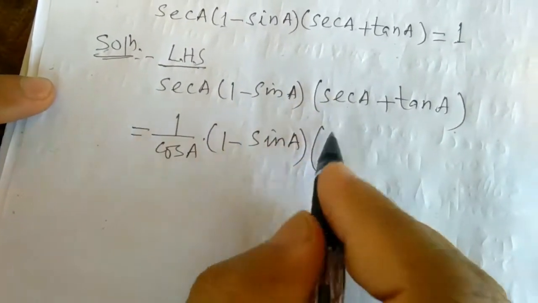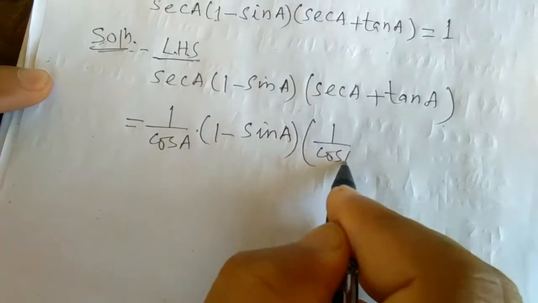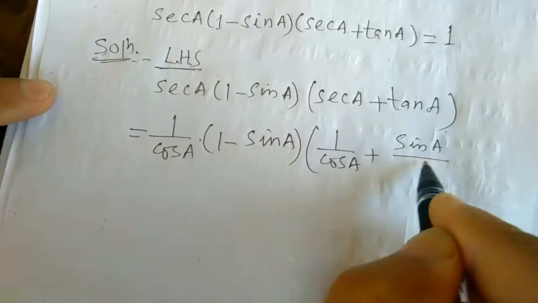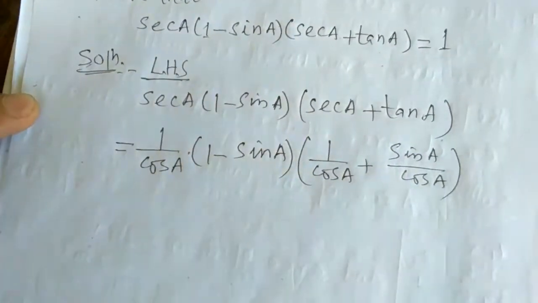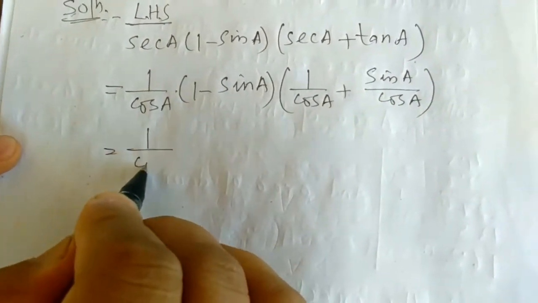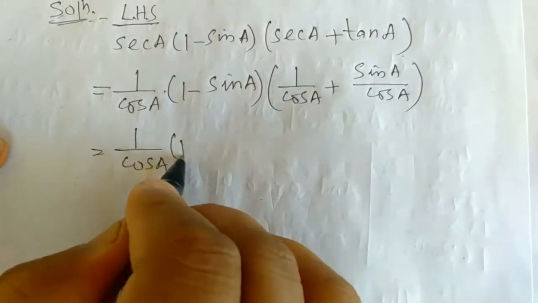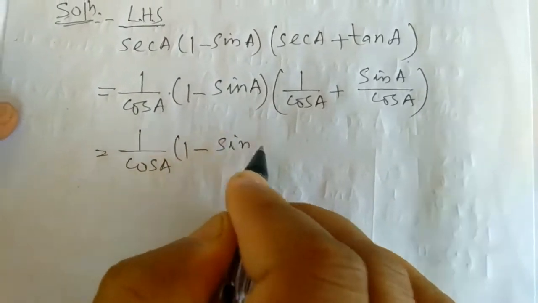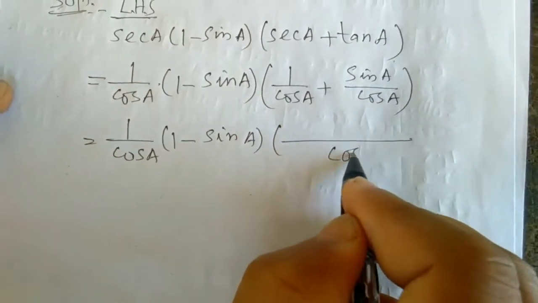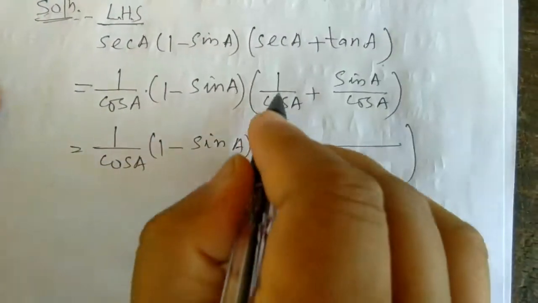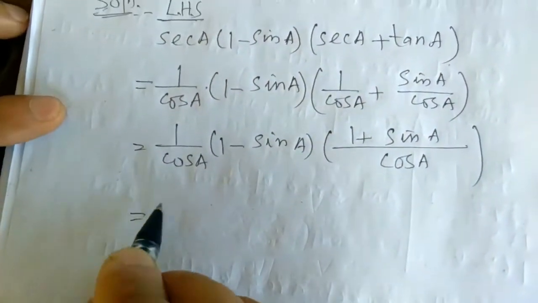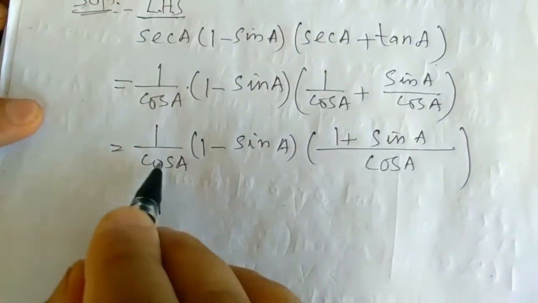You convert sec in terms of cos, it will become 1 by cos a, and tan theta equal to, we know that sin theta by cos theta. Formula is there. Okay, 1 by cos a into 1 minus sin a. You take the LCM here, both are cos, so your LCM will be cos a. 1 will remain plus sin a will remain. Then multiply 1 cos into cos